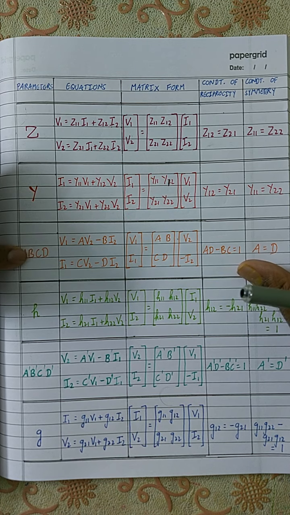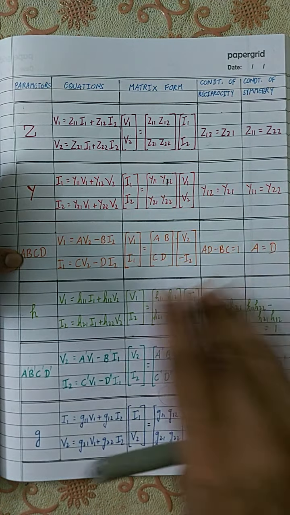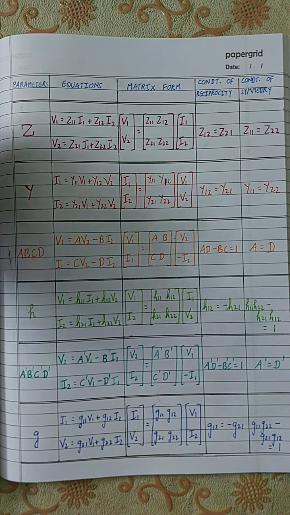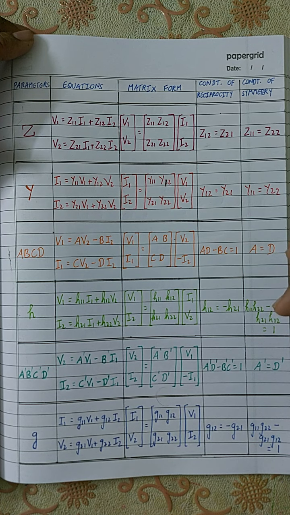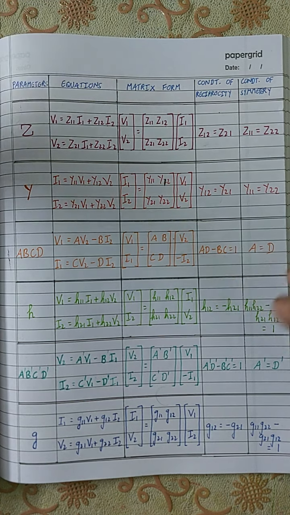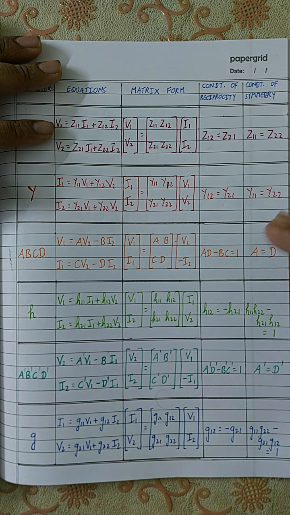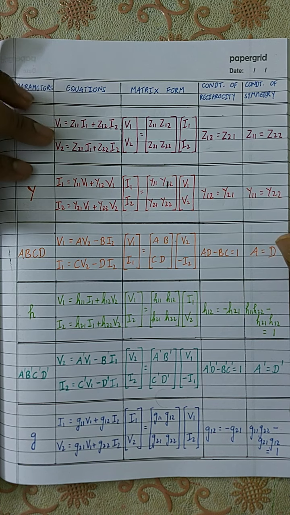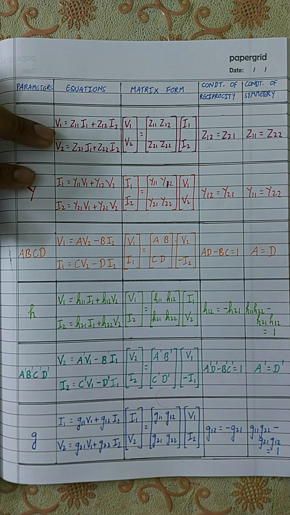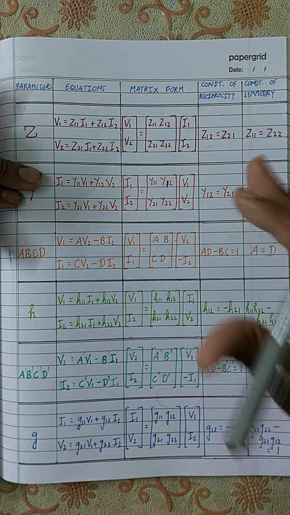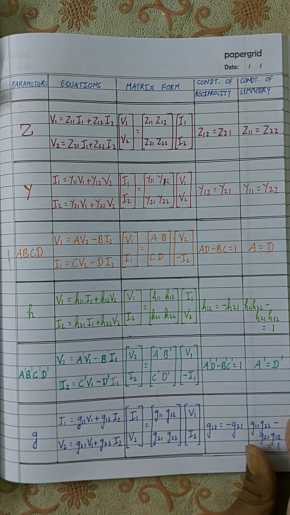Now let's do some problems based on these parameters. I'll choose some random parameters and we'll see how to do these problems, so you'll get an idea how to do it. What I would suggest is that I want you all to develop your own technique, your own thinking style, to do these parameters. I'll just show you how it's being done and then try to do the remaining by yourself. Please refer to some network textbook problems, because some problems are very interesting. For these kinds of problems, there are more than one ways of solving. In my next video, we'll be doing some of these problems.